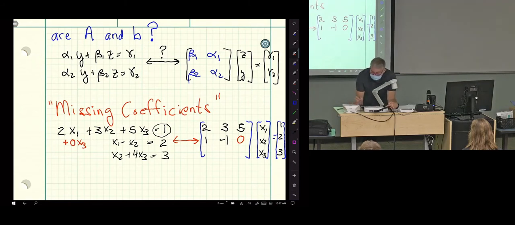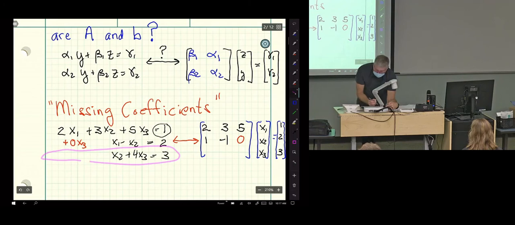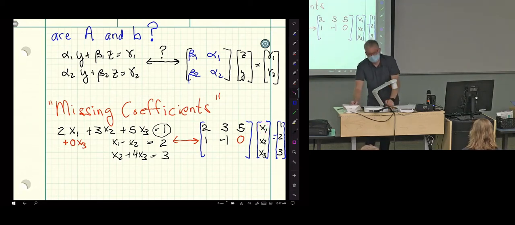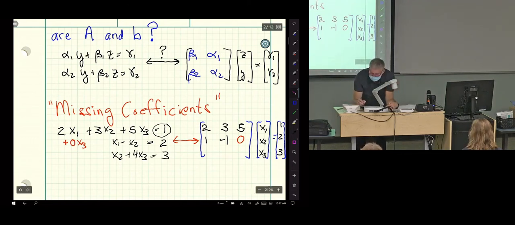Okay, so now let's go to the third row of equations, which is the third row of the matrix. And you want to look at what's multiplying x1 in the third row. 0. And the answer is yes. You guys are getting the hang of it, and you're probably going like, he's beating a dead horse. Okay, but that's okay. You know, that dead horse doesn't mind. It's plus 0x1,